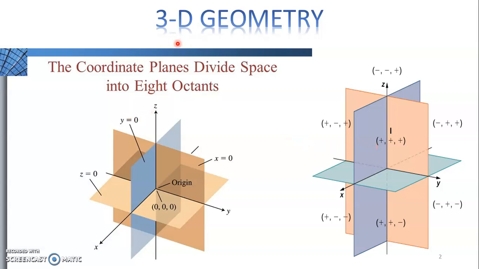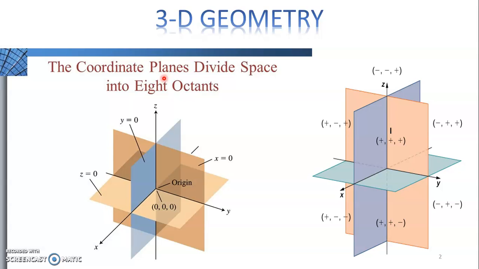Three dimensions means three axes: x-axis, y-axis and z-axis. They are mutually perpendicular to each other, and the point of intersection is the origin, which is called 0, 0, 0. In the yz plane, x is equal to 0. In the xz plane y is equal to 0, and in the xy plane z is equal to 0. These are certain results which you have to keep in mind, students. I will explain, but since it is an introduction, just keep this in mind.